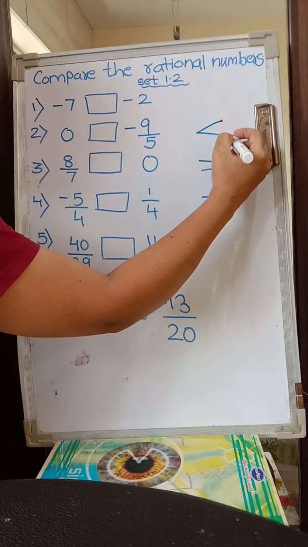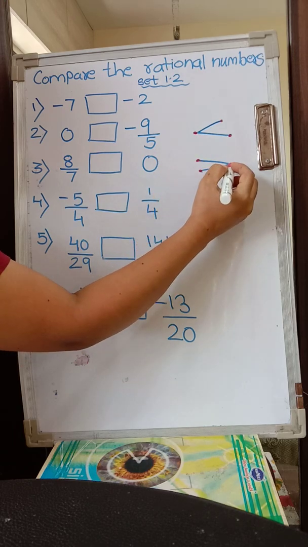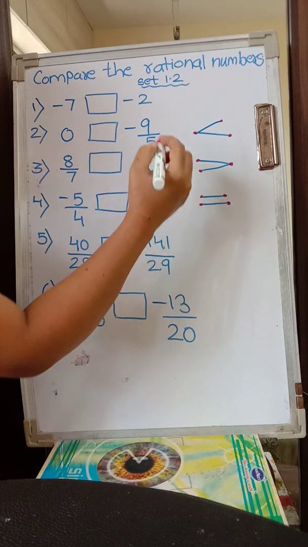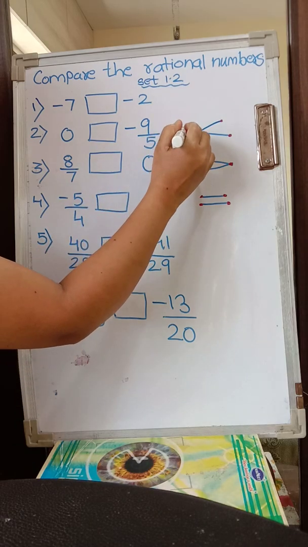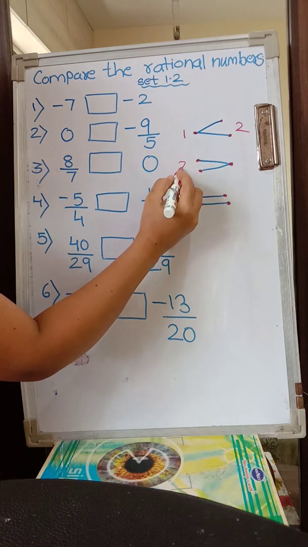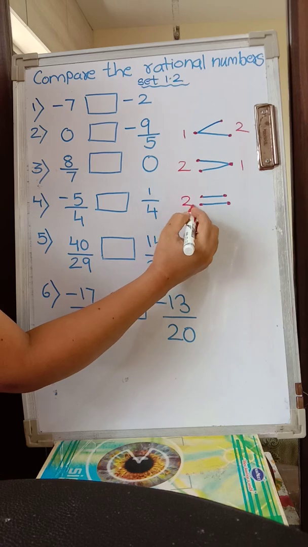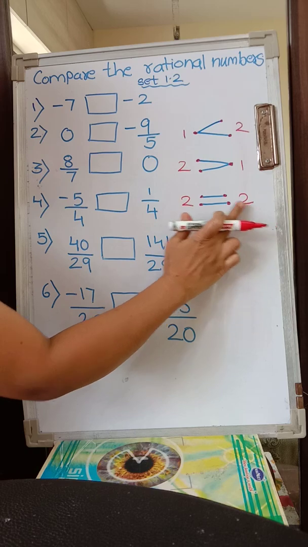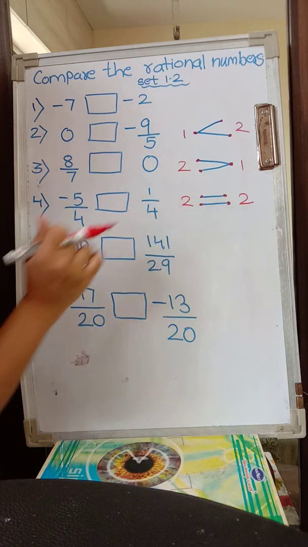For your knowledge, to remember this, you give dots at the ends. This is one dot, second dot, third dot. Here also give one dot, two dots, third dot. Now just count the dots on the left hand side and right hand side and write. Here how many dots are there? 1. Here? 2. Here? 2. Here? 1. Towards the left hand side 1 and 2, towards the right hand side 1 and 2. So when numbers are equal, you give the equal to sign. This is very easy to remember. The sign itself tells you it is equal.